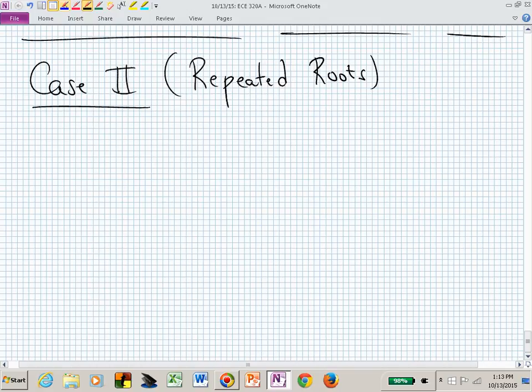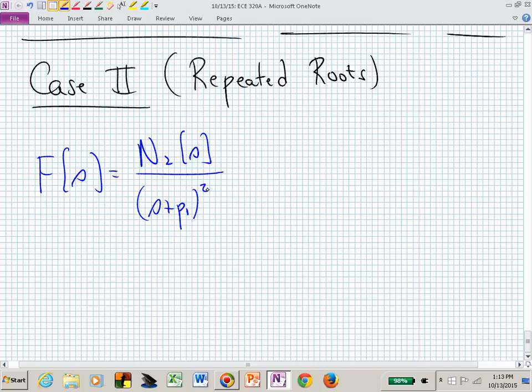By this, suppose now that our capital F of s is some numerator, and I'm just going to write it as some generic polynomial, n sub capital 2 of s, over s plus p sub 1 squared, s plus p sub